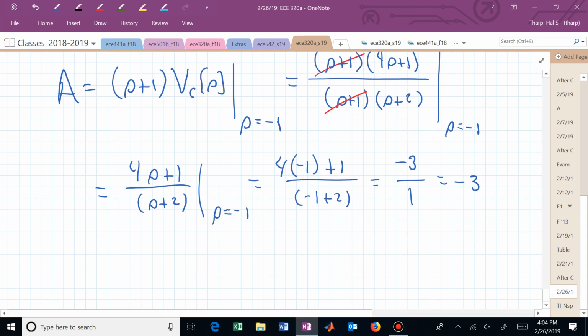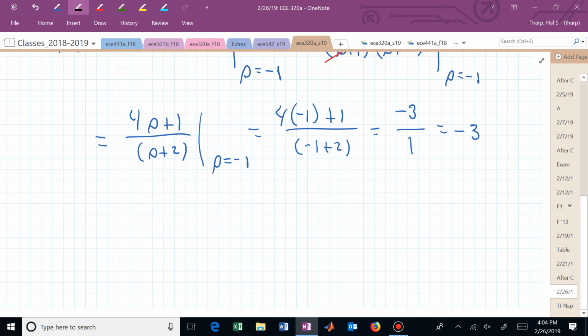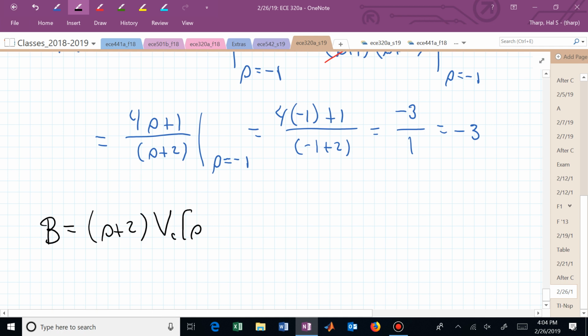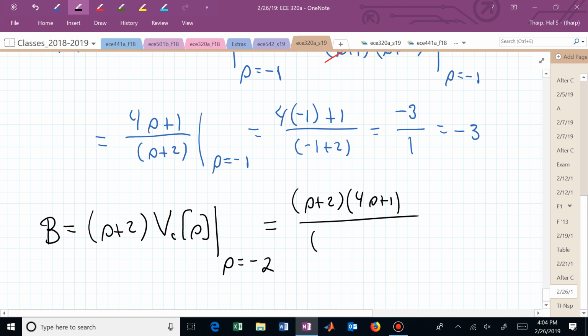And we can find b in a similar manner. B is now going to be s plus 2 times V sub c of s. Now we replace s with the value of s that causes the factor underneath b to vanish. And that was s is equal to minus 2. Or this is now s plus 2. I'm doing this longhand. I won't do this again probably, but I'm trying to illustrate where all of these pieces are coming from